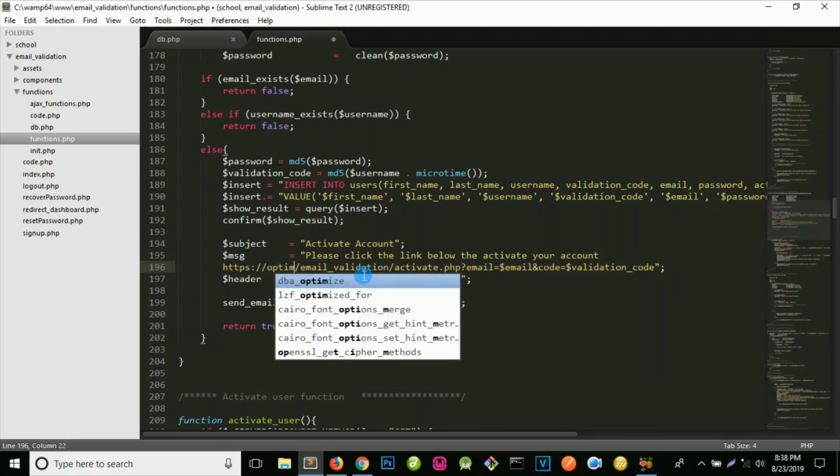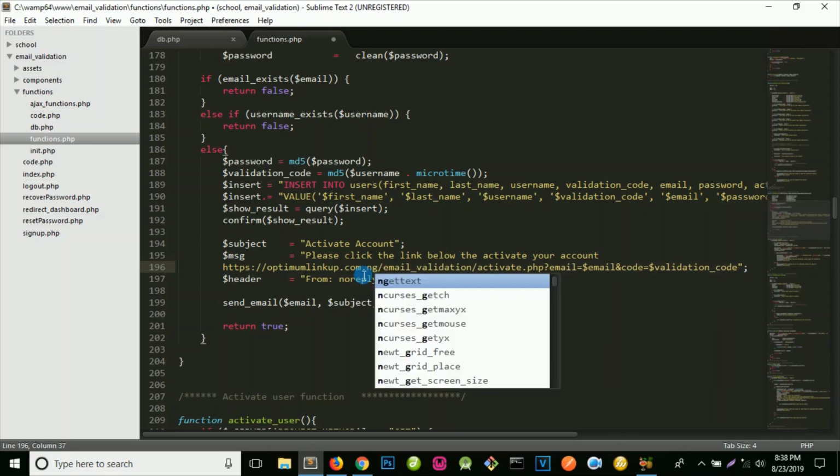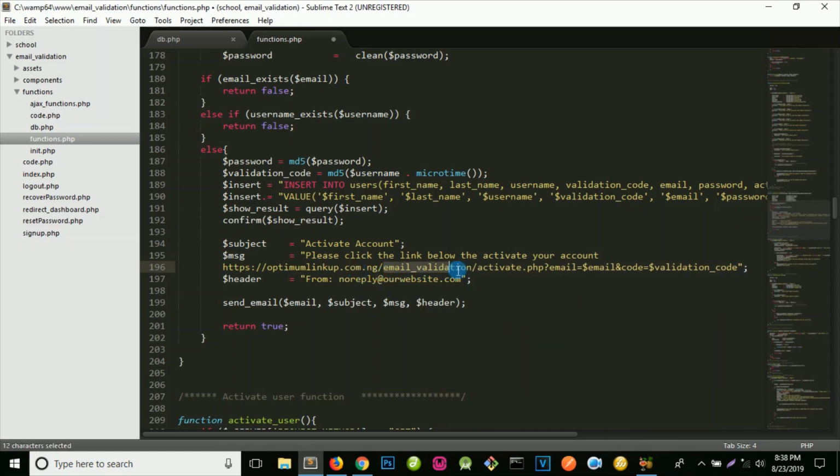For example, optimum@linkup.com.ng. Then the name of the folder, email validation. Actually, you can choose anything, provided you want to use this as a subdomain. So the name of the folder should be typed here, and I think other things are fine,